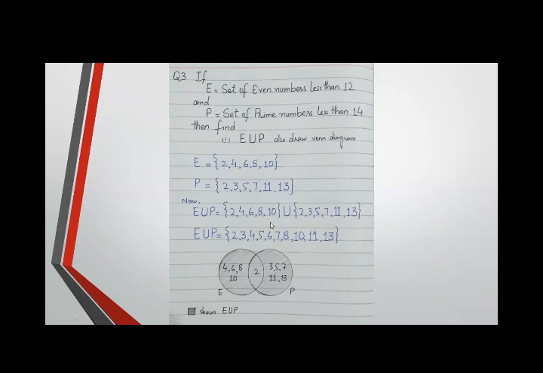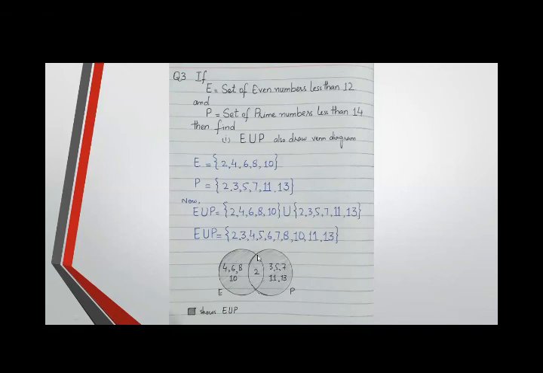As you know how we take the union, first on one side we write the set E, then we place a union sign, then we write set P, then we take the union of both sets. So we write all the elements in a single set, but the element which is repeated in both sets we write only one time. And the diagram is drawn in a similar way how we draw the diagram for the overlapping sets. These two sets are overlapping sets, so we draw the diagram for the overlapping sets and shade all the parts because this shading shows the union of both sets.